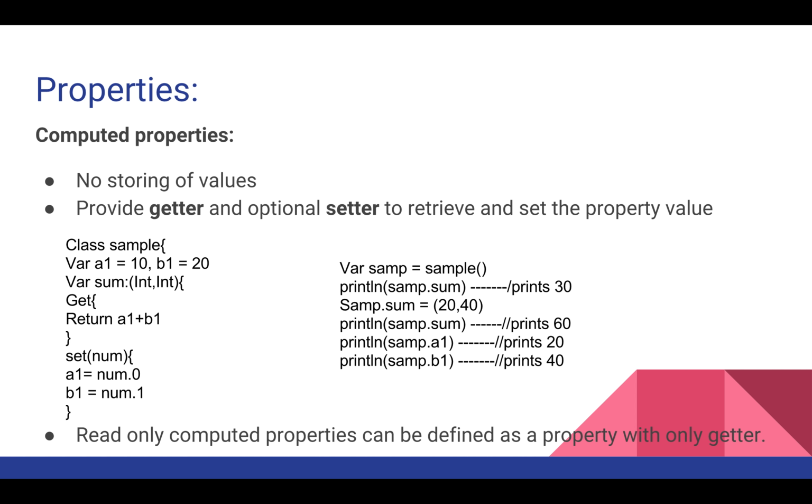Computed properties. These properties provide a getter and setter to retrieve and set properties respectively. They do not actually store a value. A computed property with a getter but no setter is known as a read-only computed property. A read-only computed property always returns a value and can be accessed through dot syntax. You must declare computed properties as variable properties because their value is not fixed. For example,